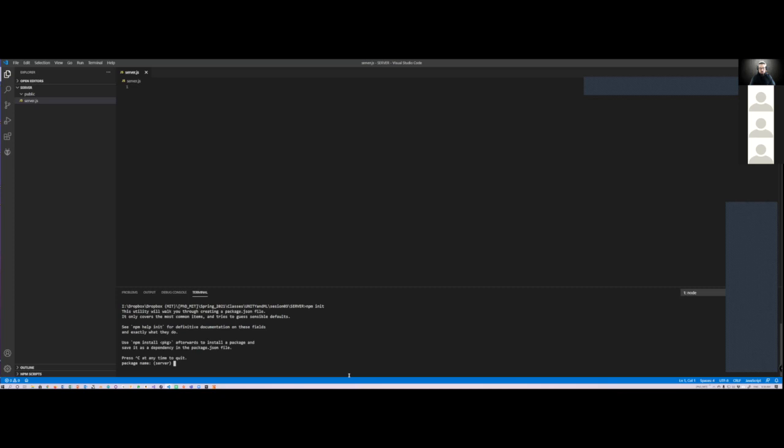So package name, we will call it server. That's fine, server. We will press enter. The version, you can specify, oh, this is version 1, version 2, whatever. It's our first version of our server. If you want to keep track of the versions, you can post it on a